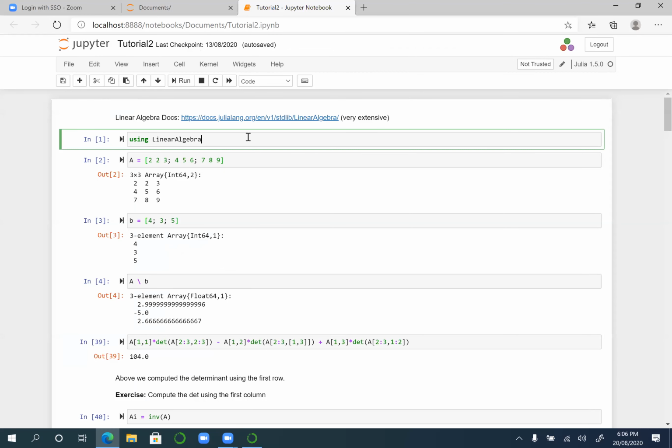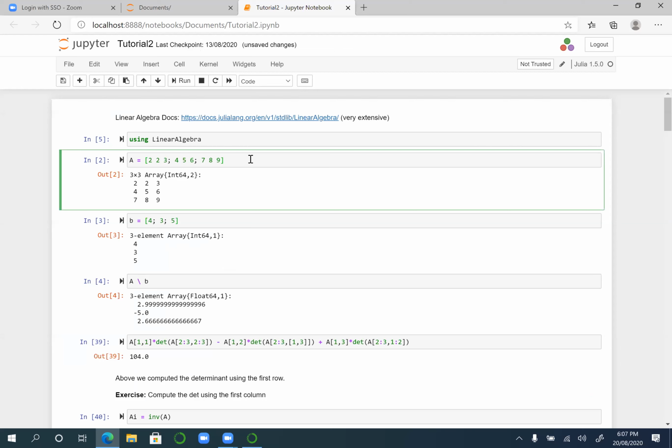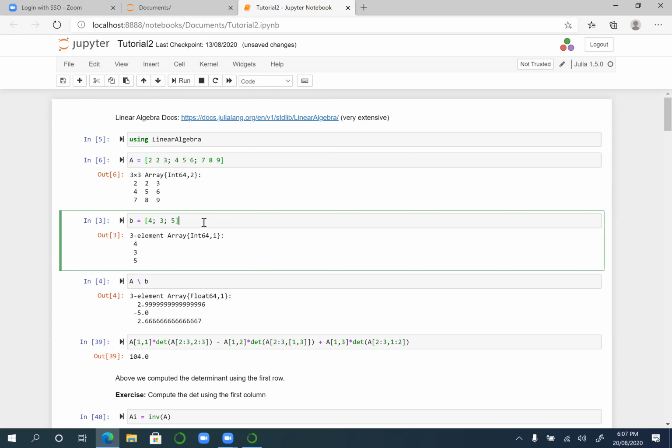So what we do first is we enter using LinearAlgebra. And next, we enter that matrix, but look at the notation. A equals square bracket. We have spaces between the entries and the rows, semicolon to separate the rows. And we can just shift enter that, and it goes into memory. Now the vector B that's on the right-hand side, 4, 3, 5, okay? 4, 3, 5, great. Okay, next, all we have to do is go A backslash B